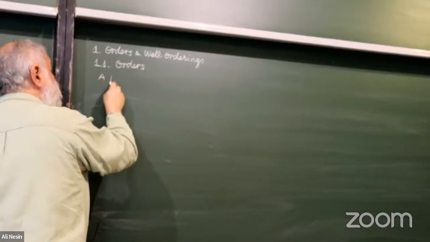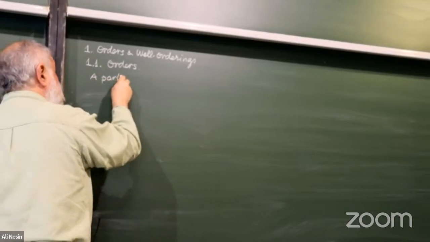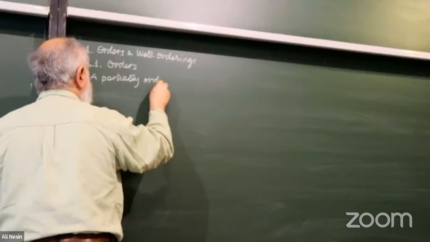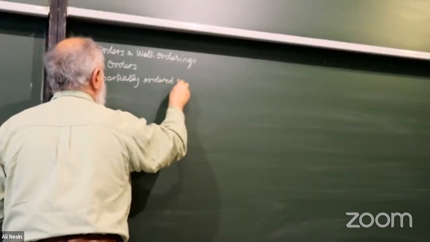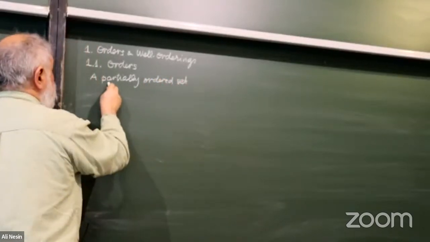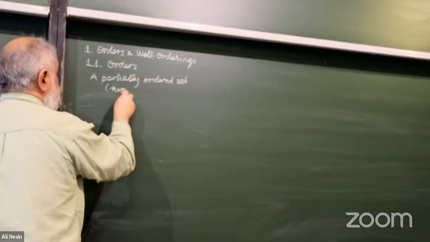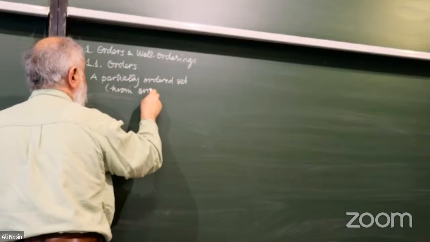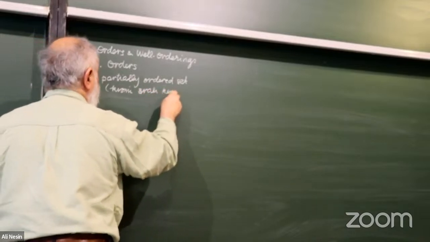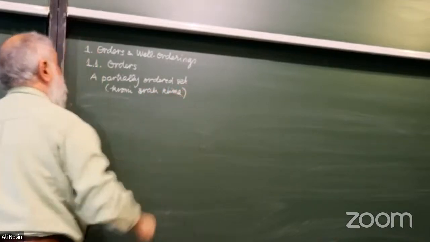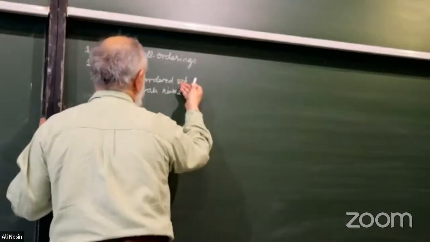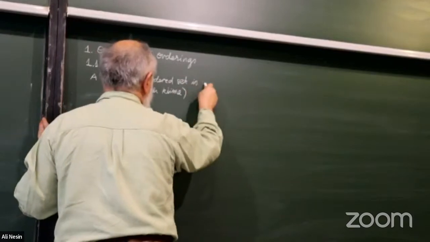A partially ordered set, kısmi sıralı in Turkish. Kısmi sıralı küme. A partially ordered set structure, or a partially ordered set is a set